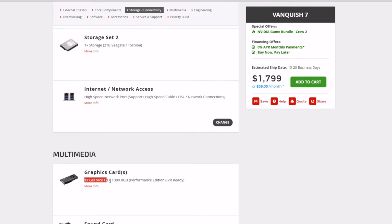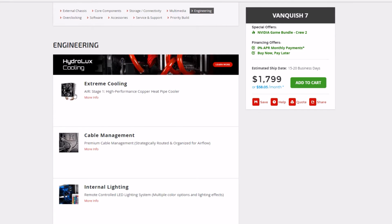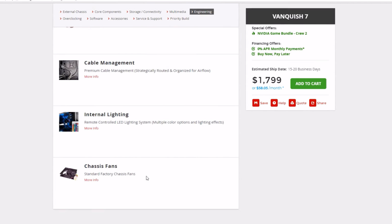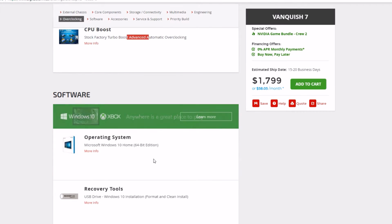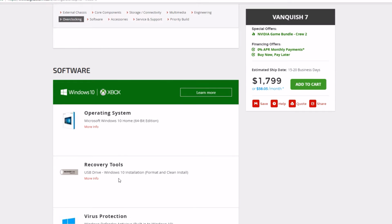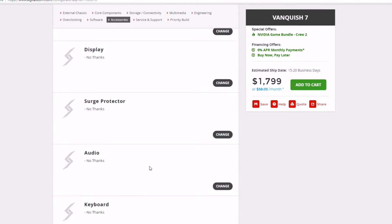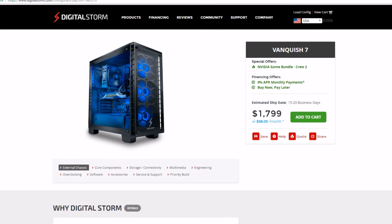Graphics card, it has one 1080 8 gig performance edition and stuff. Sound card, it just uses integrated. It uses, I believe that's ASUS or something, just a really popular $15 heatsink. They do cable management, there's remote control RGB, just stock chassis, turbo boost, Windows 10 Home, USB Windows 10 install, Windows Defender, and yeah,